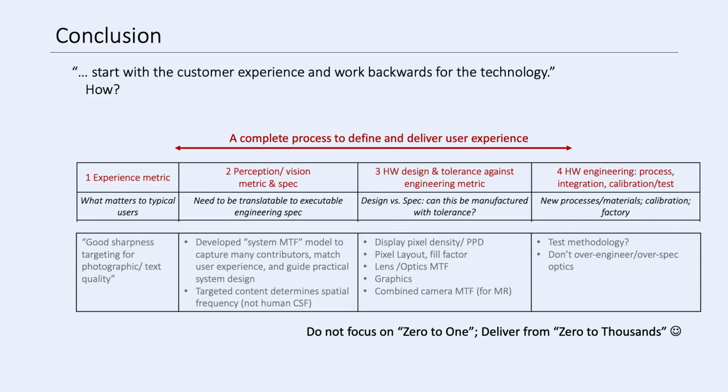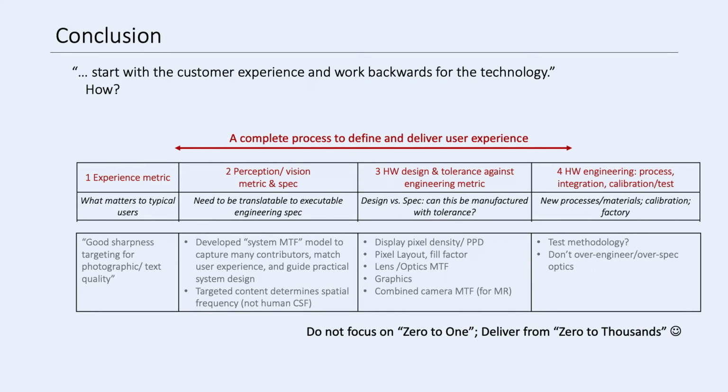So as a conclusion, hopefully we used one example to answer the question, how do we do this? It starts with a customer experience and how we translate that into technology, into our products. And in my mind, there are just 4 things we have to focus on. Understand the experience metric. What do we want to create for users? Translate that to a math model for perception, for engineering metrics. And we talked about system MTF today. And then use that to guide the design, optical design or system design: lens, display, PPD, fill factor, graphics, also